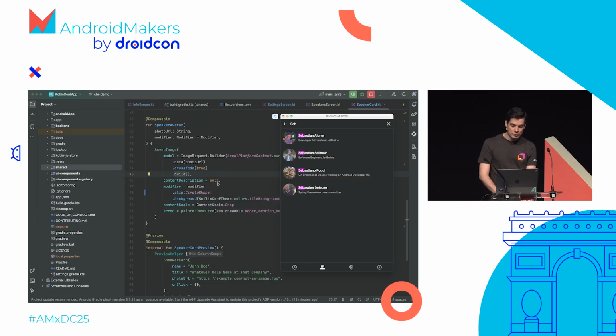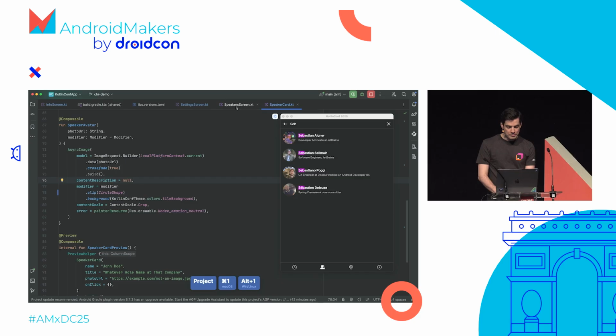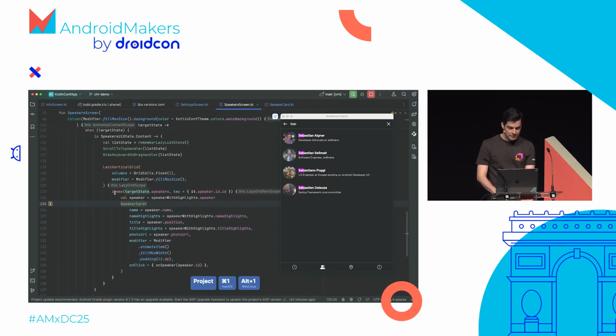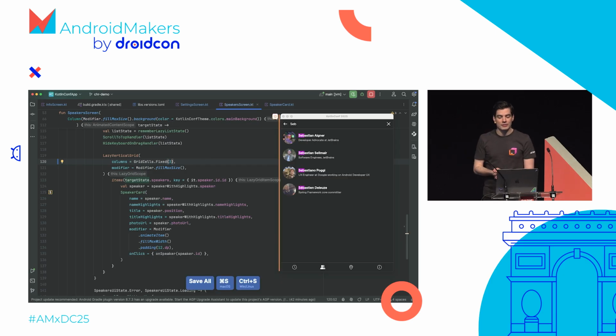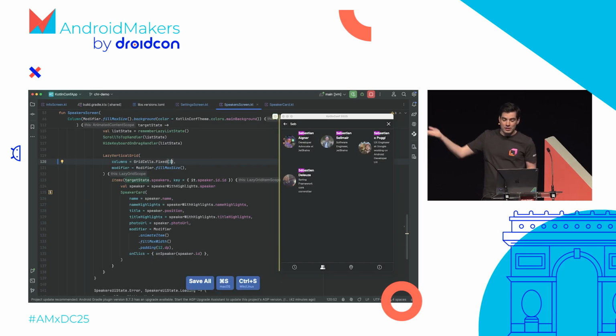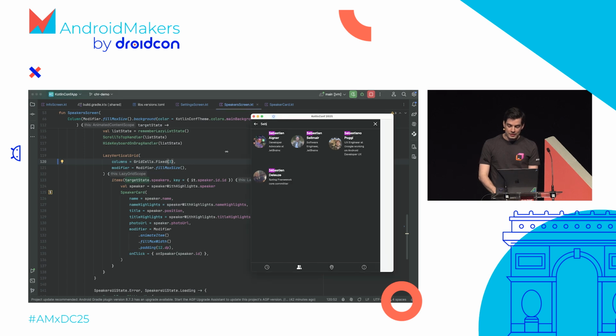It doesn't work too nicely on large screens. But if we hop back over to the speaker screen, we can find that this is implemented with a grid which currently has 1 column. So I can again start iterating here. I can try things like changing this to have 3 columns, which of course will work nicely on large screens,